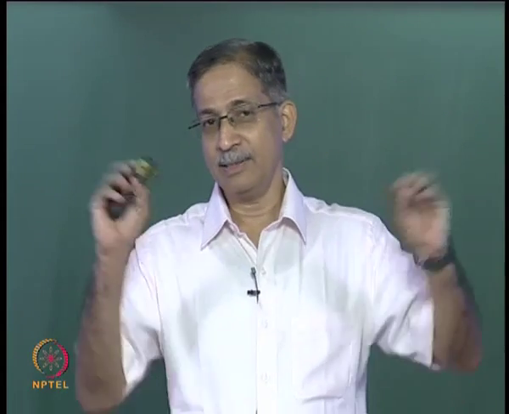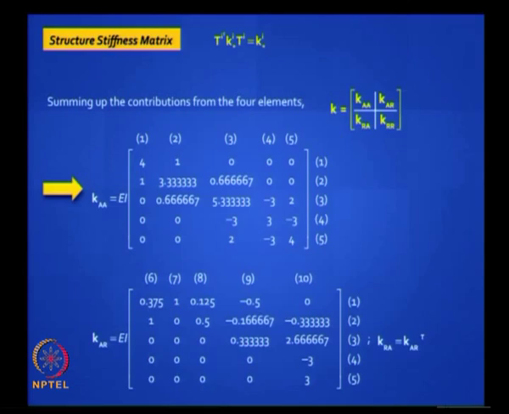How do you do that? The slotting thing, we do not go back to those days, you have understood how to do that. You have to program it and you will get a huge matrix, a 10 by 10 matrix. It is very difficult to show the 10 by 10 in a small screen like this. So we partition it and write the KAA separately, KAR and KRA separately, one is the transpose of the other, and KRR, and you will find that KAA and KRR should be symmetric and diagonal dominant. It means all the diagonal elements must be positive. If any one of them turns out to be negative, you made a mistake.